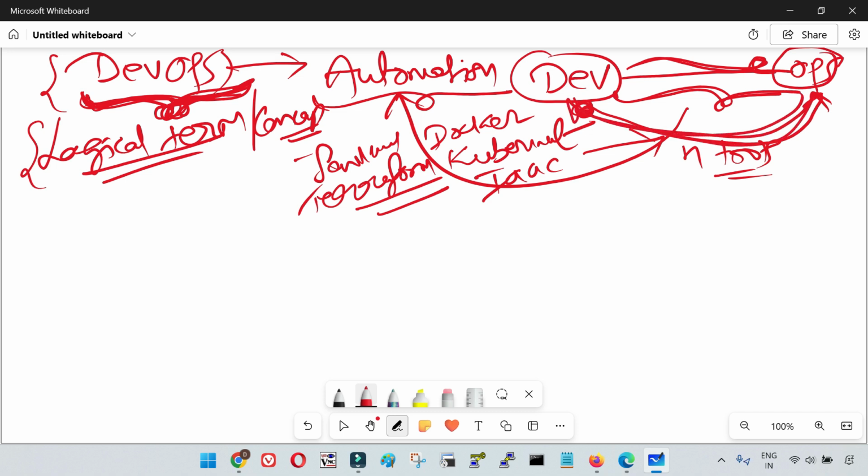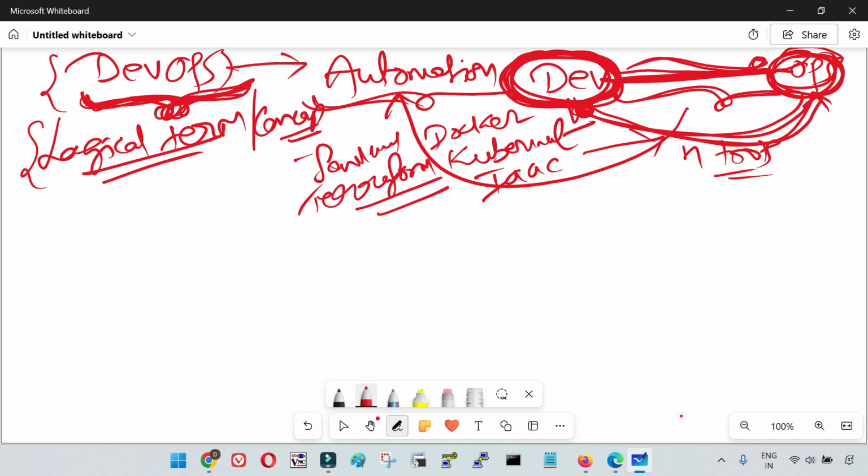So the code that you are developing, after that you make certain automation so that it automatically passes all the phases like building the code, compilation, testing, and then it can automatically reach your production. There is no manual intervention required in between, right? All these things we can do with the help of DevOps. That means we are doing complete end-to-end automation in DevOps with the help of multiple tools and